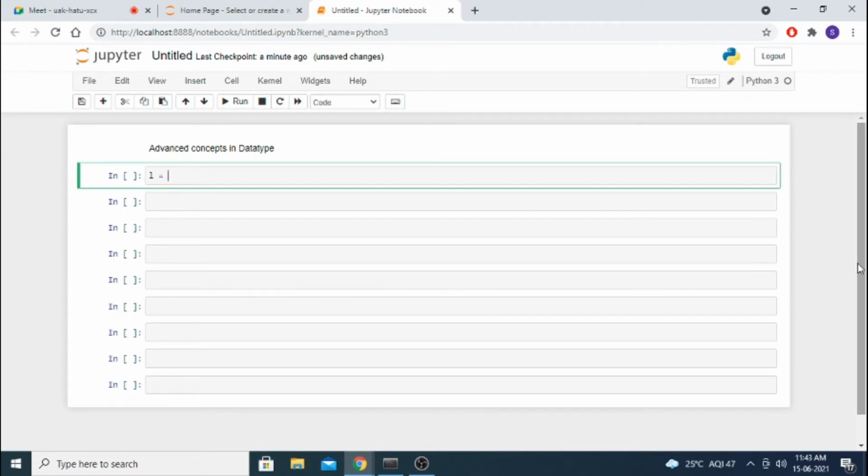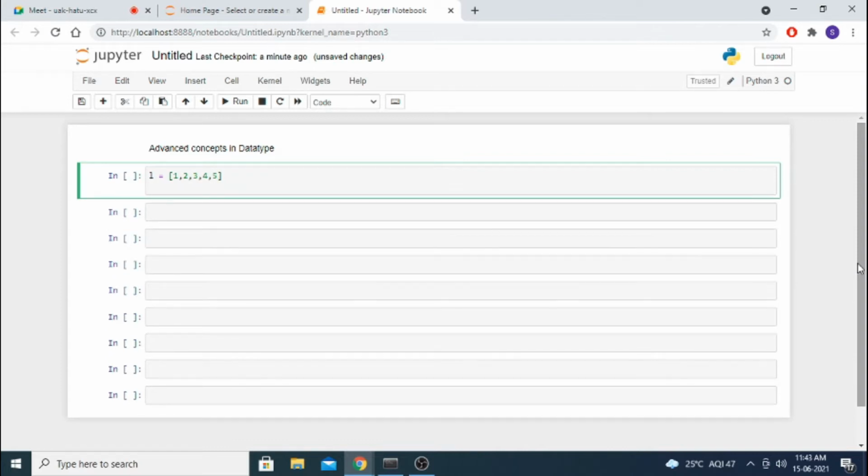For a list we have to use the square brackets. I am making 1, 2, 3, 4, 5. I am making a list L. Then T for tuple. Tuple means round brackets. I am going with 6, 7, 8, 9, 10. Okay.